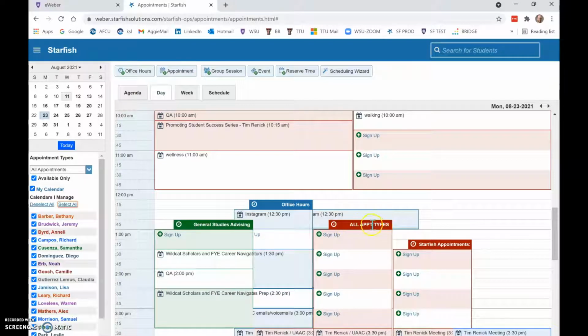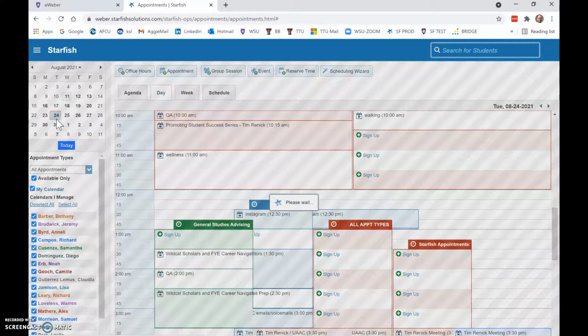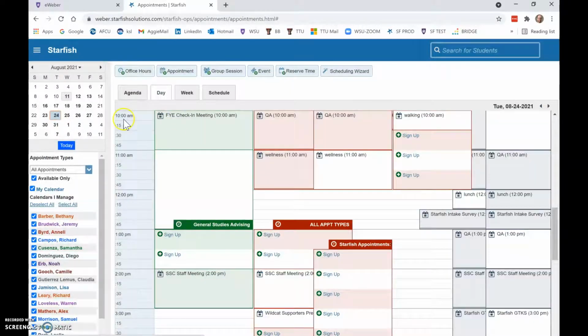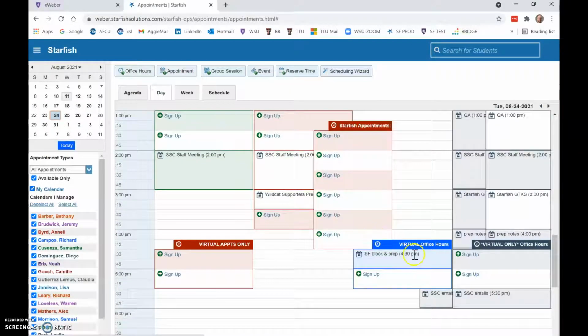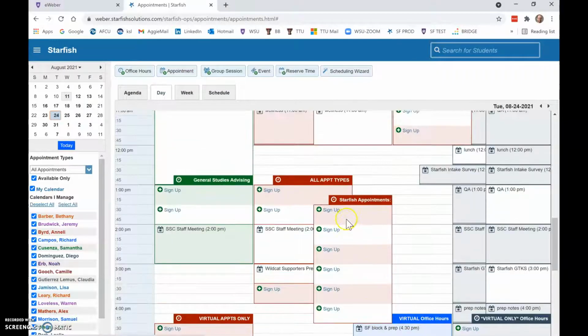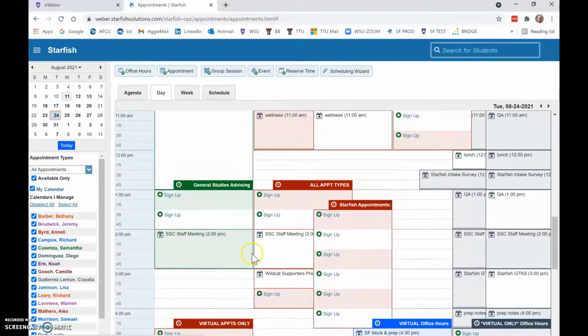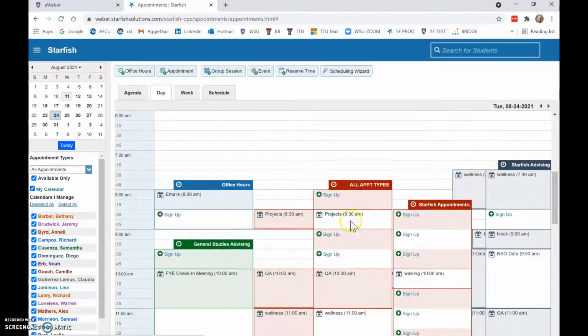This naming convention here is not seen by the student. Diego and I tested that a few times. But this may be the way to go, where you can see easily virtual, all, or we could even name it face-to-face. But I think if we go short and simple, again, use available only, select all, and day view,